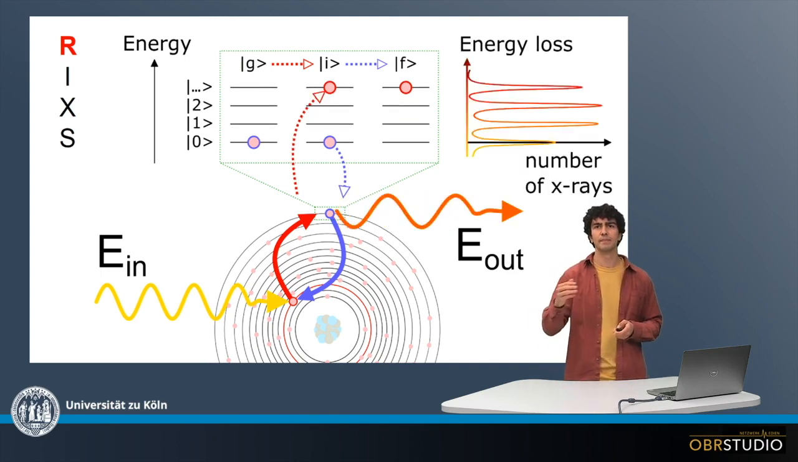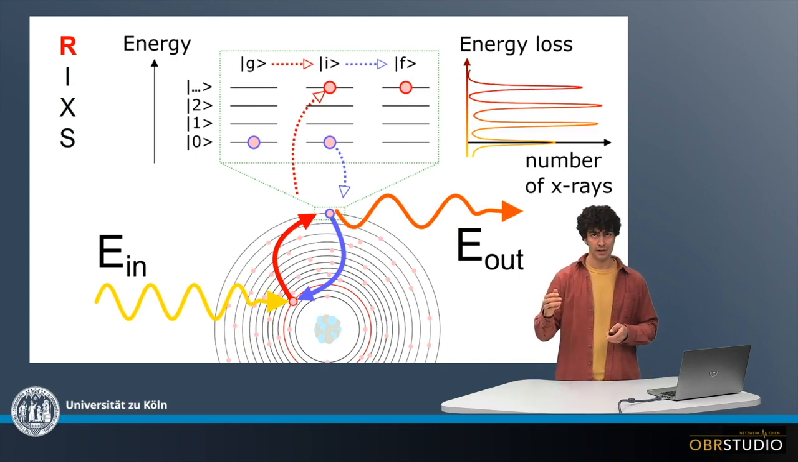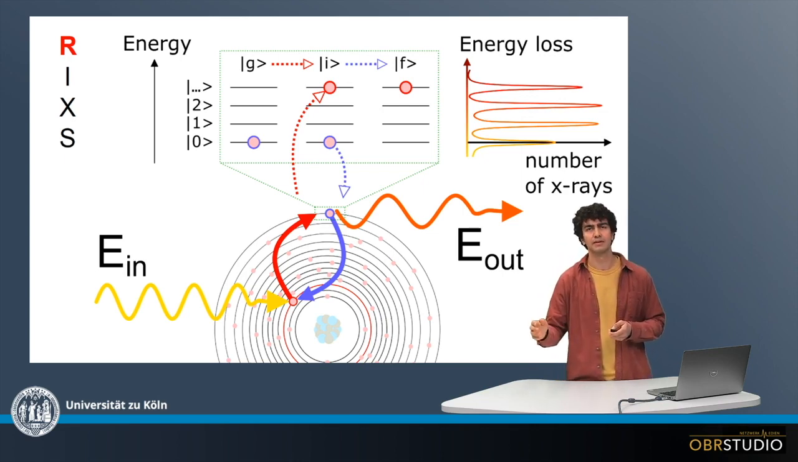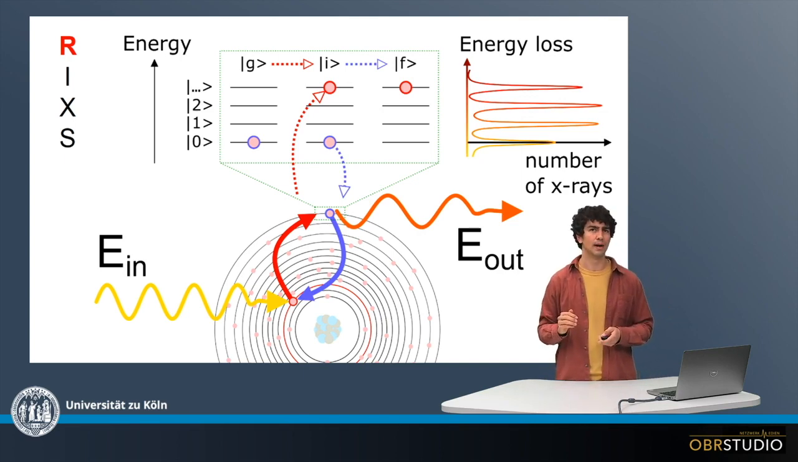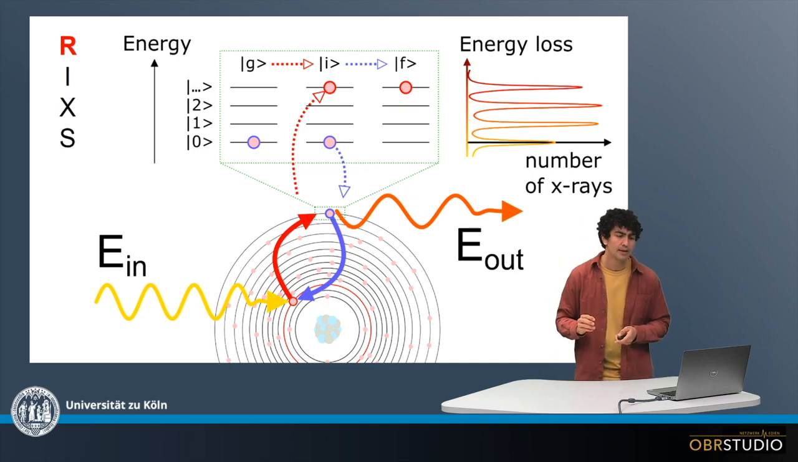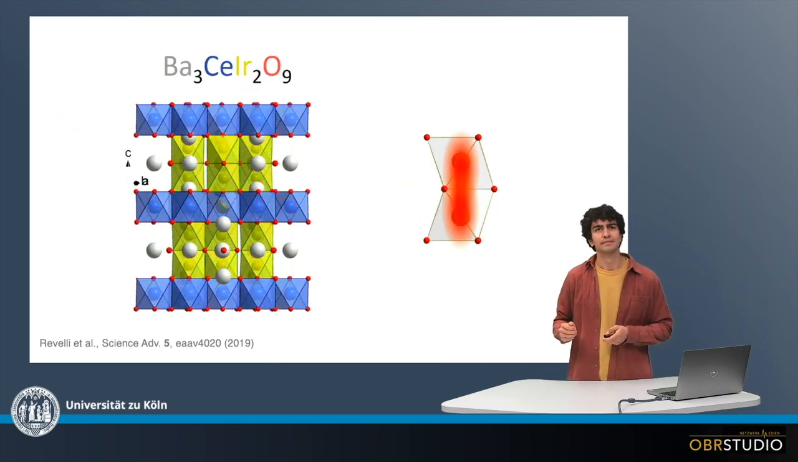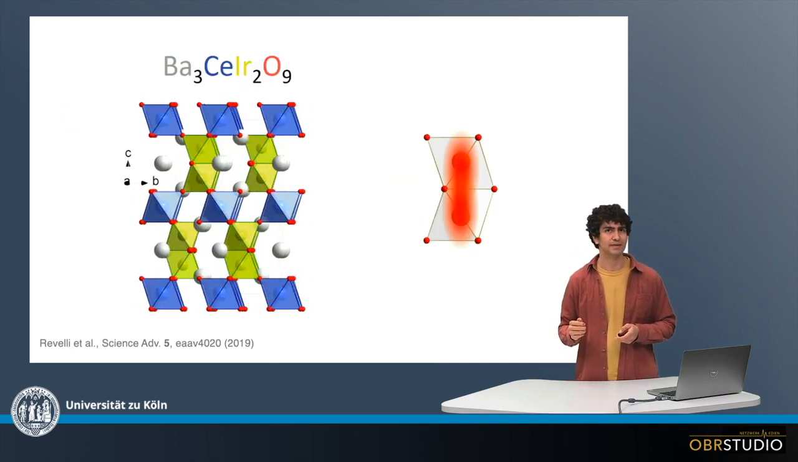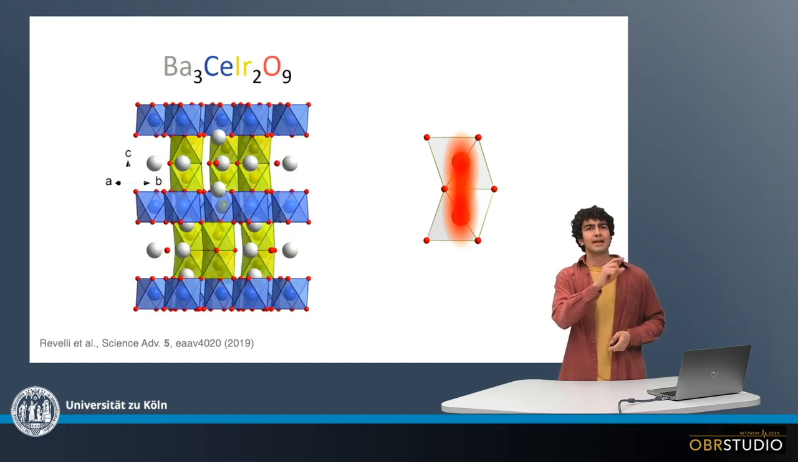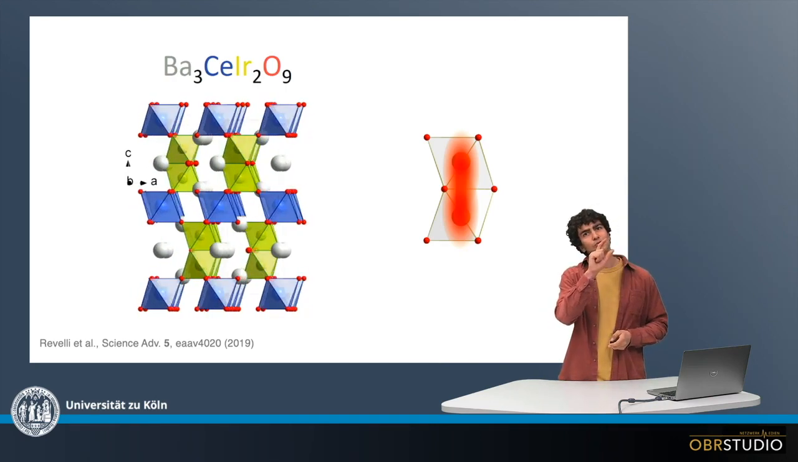So we can have different energies of the outgoing X-ray, and what we measure in a spectrum would be three peaks in this case, and these peaks tell us directly information about which states the electrons can occupy in the valence shell. Now let's see an experiment done on this material here,